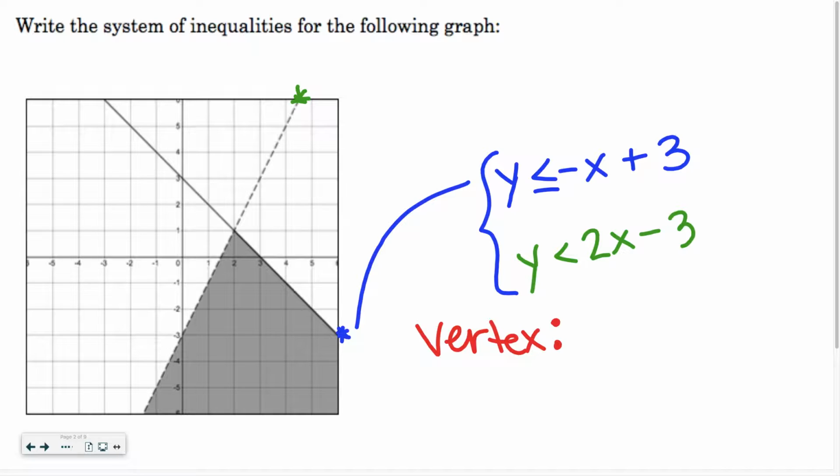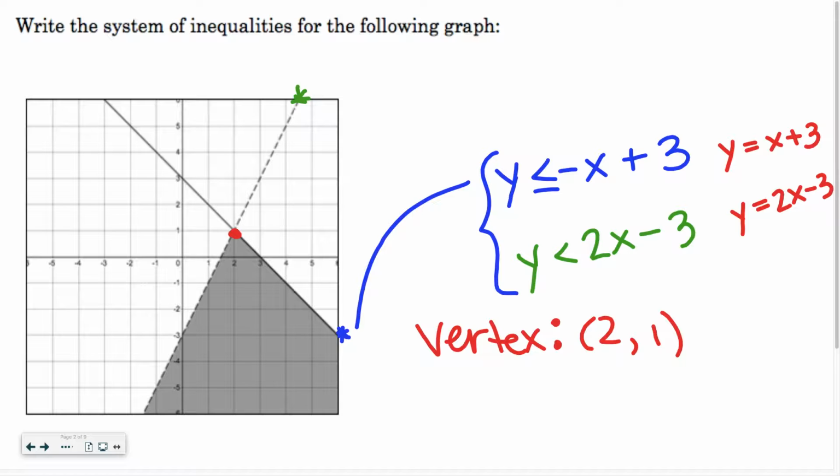What is the coordinate of the vertex? 2. Okay, so it looks like it could be 2, 1. How can we be sure that that is actually the correct coordinate? We plug in their values for X and Y. Okay, but we would have to make sure we're talking about the equation. So this is where 2 lines intersect. Well, how do we find where 2 lines intersect? We saw the system of equations, right? So if we look at the equation, y equals x plus 3, and if we look at the equation, y equals 2x minus 3,